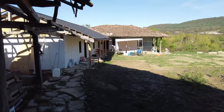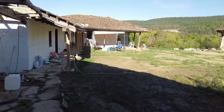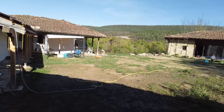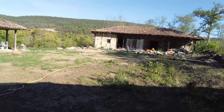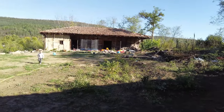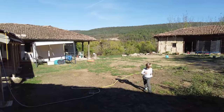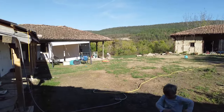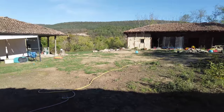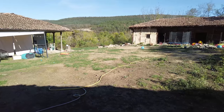Originally the property was cleared when the agent wanted to clear the garden for selling, and unfortunately what came with the guy who did the clearance is a lot of trees were dug up, so it's a real shame we don't actually have any trees here. That actually cost us a lot of money in the digger to dig up the old roots, and we probably would have preferred big trees to have remained. But for now we have a nice big open space that we're terribly trying to grow grass on,